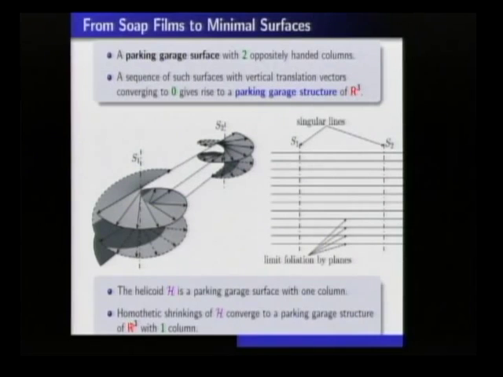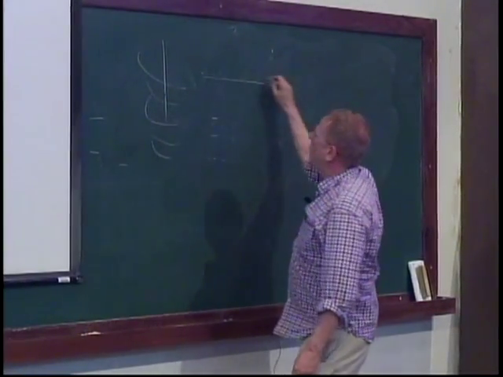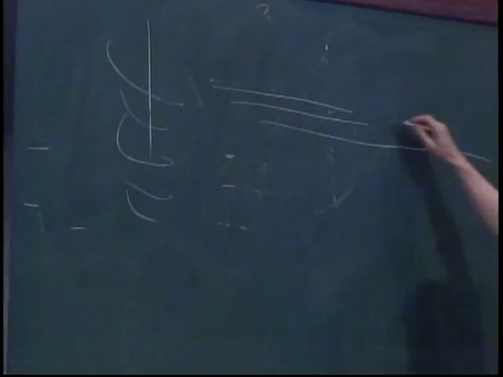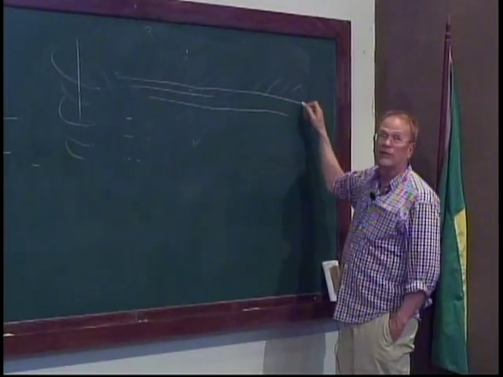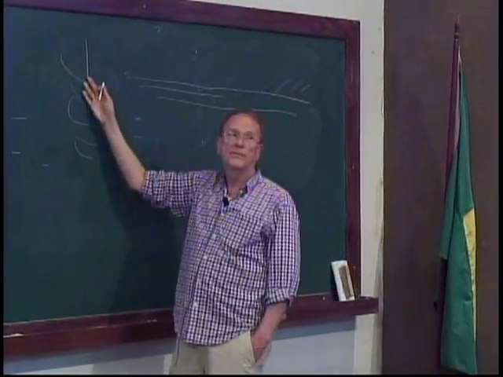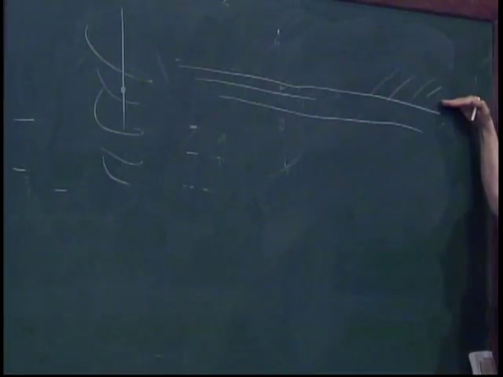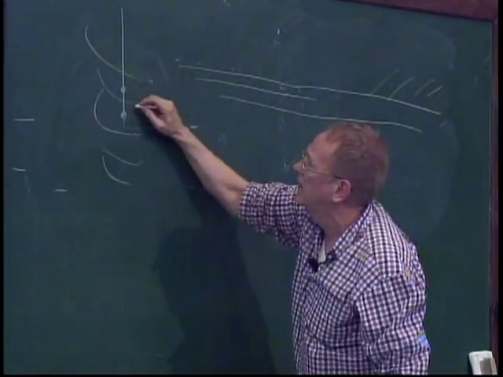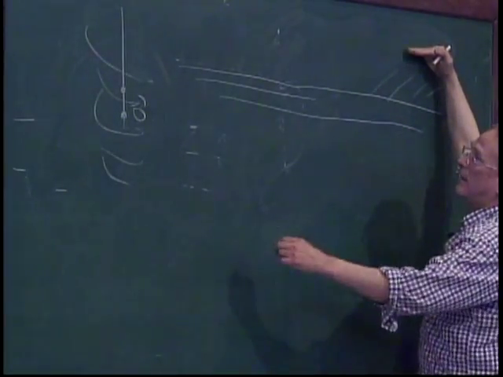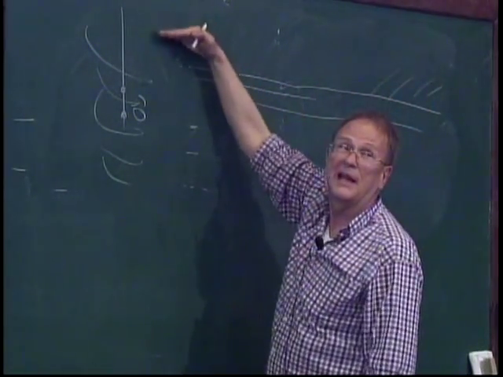Now, if you take a helicoid and you homothetically shrink it, so here we are, we have our helicoid. Away from the axis, as you go far away from the axis, it looks very, very flat. It looks very, very horizontal. Here, of course, it's curving. But when I do a homothety, I bring what's very far away from the line closer to the line. So here's the origin, and I'm up here. Well, I'll bring it towards the line. Of course, I'll also bring it down a little bit.